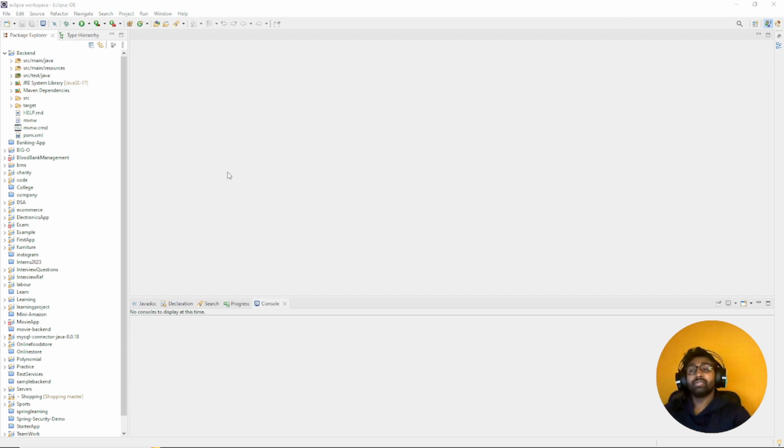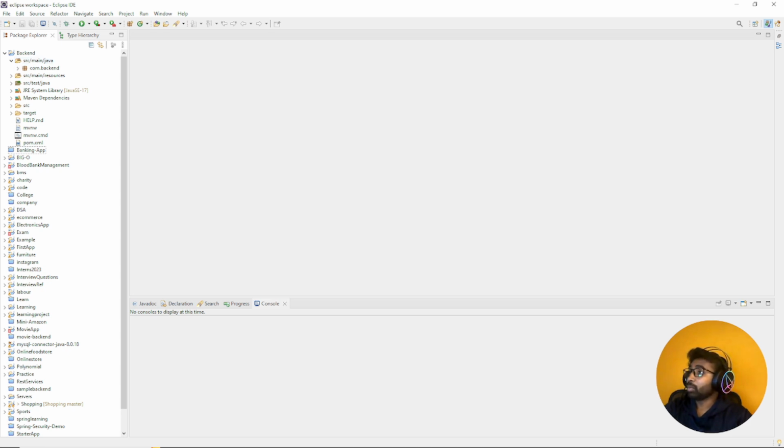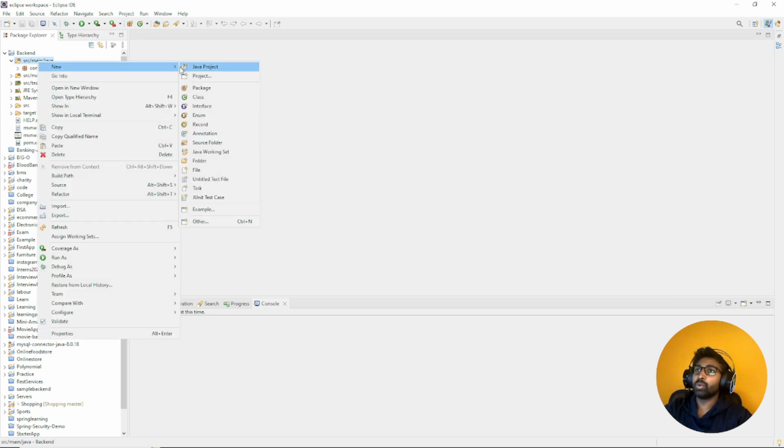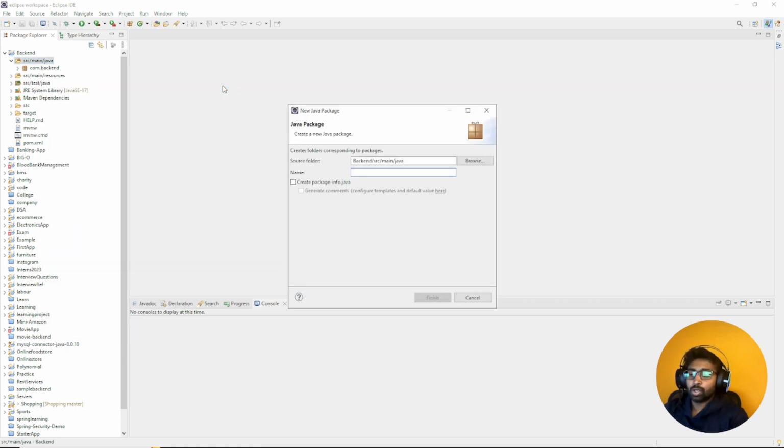So here the first thing I'm going to do, I'm going to expand this source main Java folder over here, and you can see com.backend. All right, so I'm going to create a few more packages over here. The first one is going to be, just select source main Java, new, and go for package. So I'm going to give the package name as